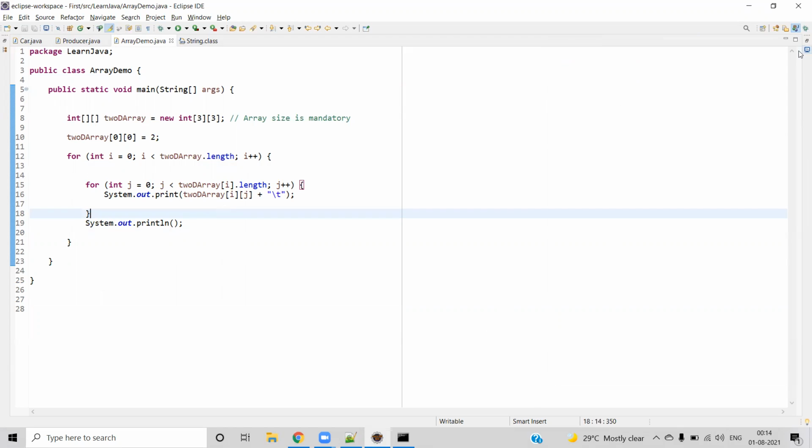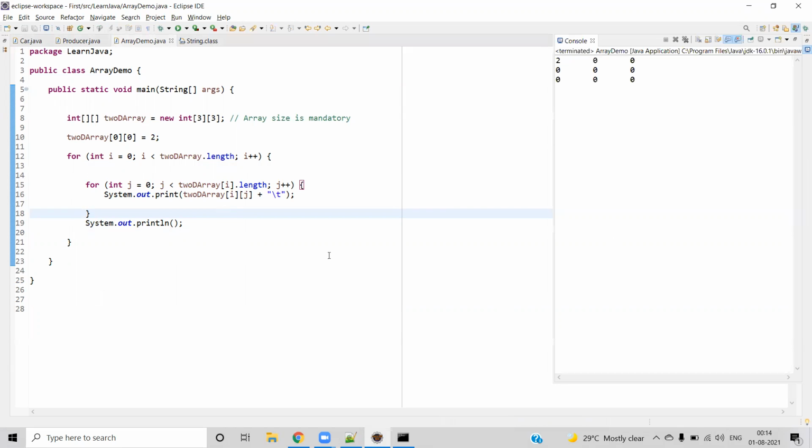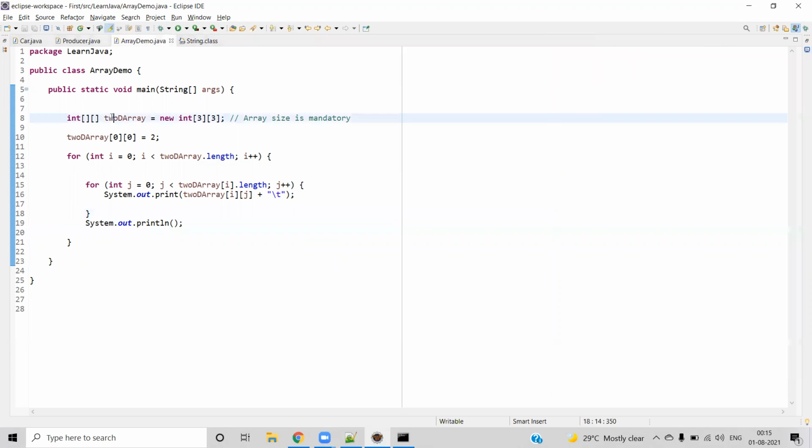In this kind of scenario, you might be using the traditional for loop. For a collection, or if you just want to see the values or get the values, that time you will be using the enhanced for loop. Generally, for assigning new values, we will go for the traditional for loop. To just see the values, we will go with the enhanced for loop. The same thing can be done with the enhanced for loop.